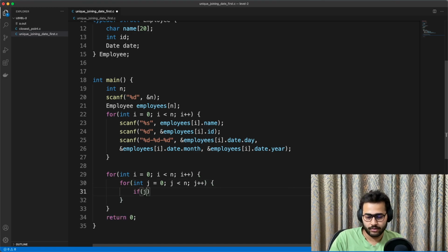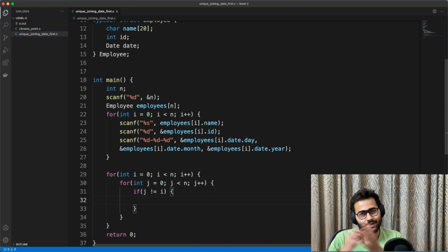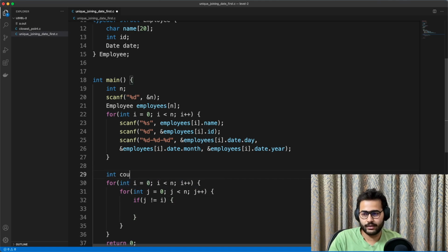Okay, if j not equal to i, that's the condition we have to use, right? Because obviously then everyone will get messed up. We don't have to do that. So if j not equal to i, let's make a variable count also, so int count equal to 0. If j not equal to i and, let's say, employees of i dot joining, let's say,